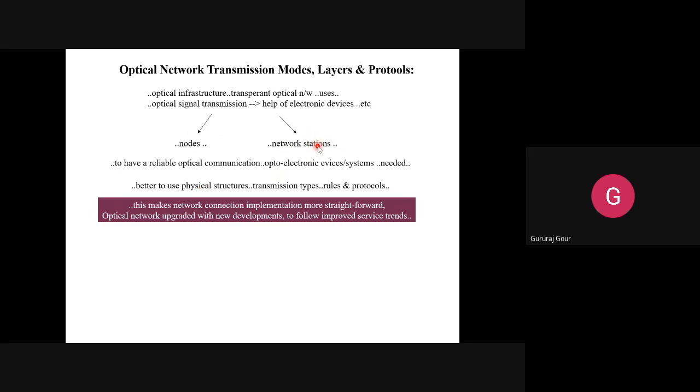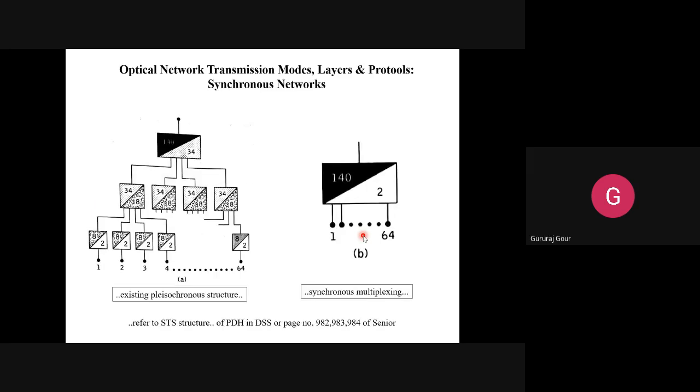Stations interconnect the networks, not the nodes. To have reliable optical communication, optoelectronic devices or systems are required. For better use of physical structures or transmission types, some rules and protocols are made. This makes network connection implementation more straightforward. Hence the optical network will be upgraded with new technologies or developments to follow improved service trends.